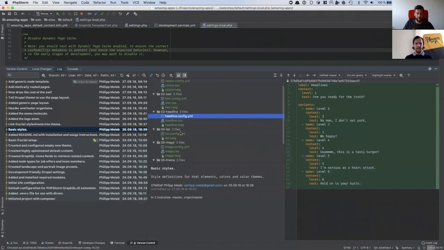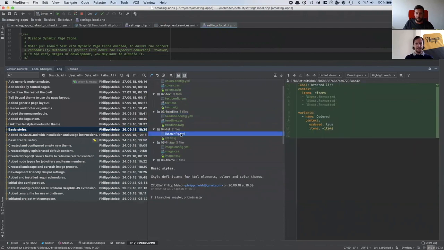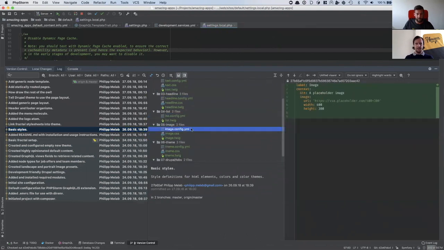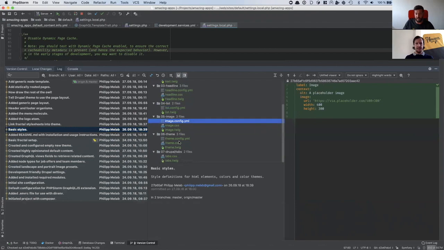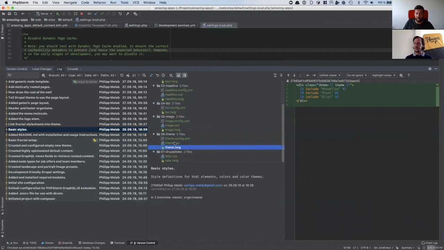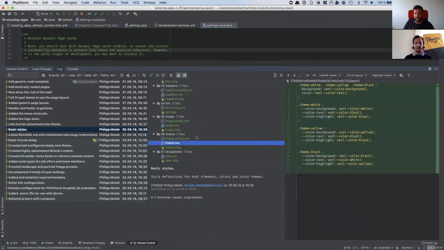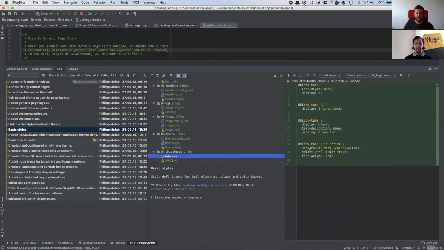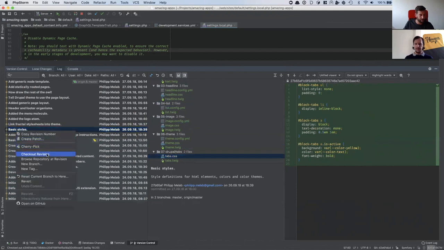Headline examples, ordered and unordered lists, just an image, and a theming layer that allows us to switch colors for certain regions of the page, and styling for Drupal tabs. We're going to check out this revision